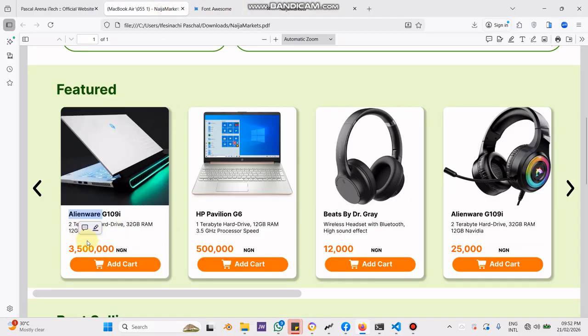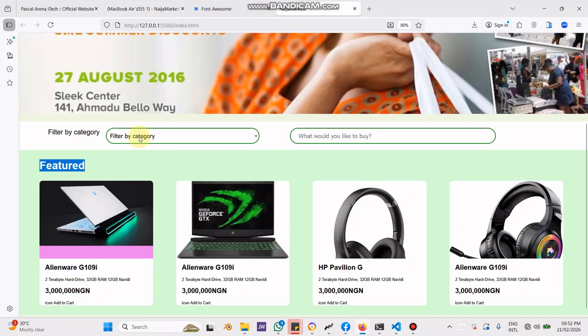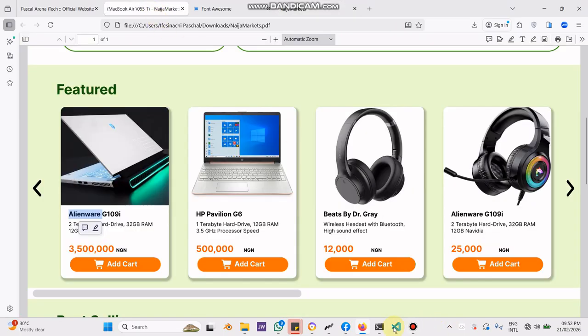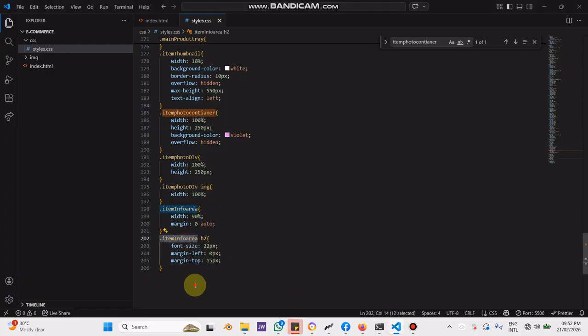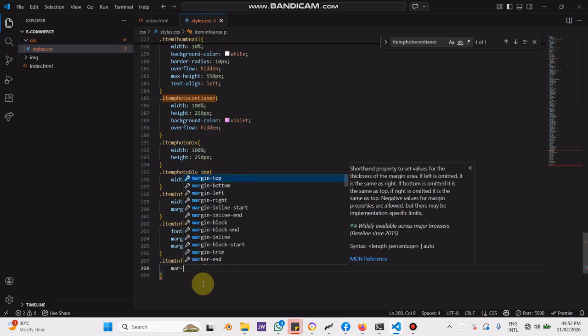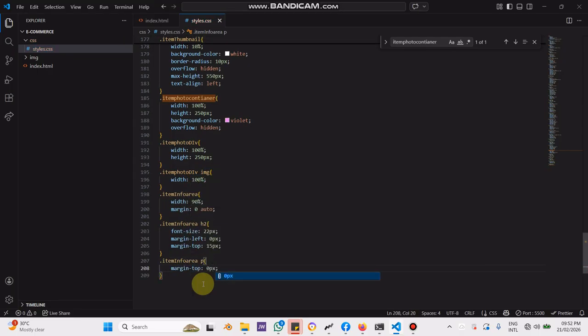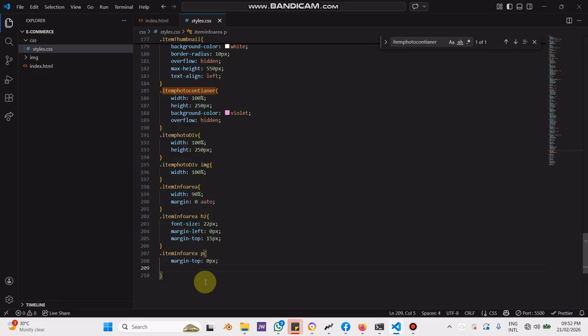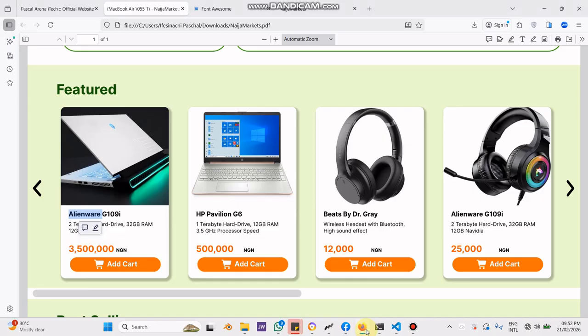We make it bigger, go closer to the heading, and then stay far away from the price. So we talk to it, P, margin top like 0, and then we talk to the font size, come up a little bit. Yes,